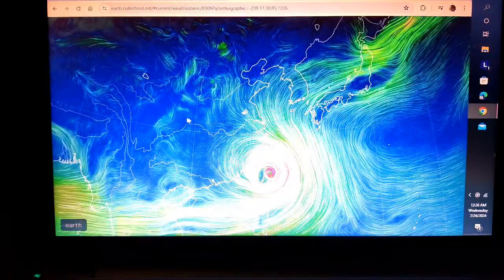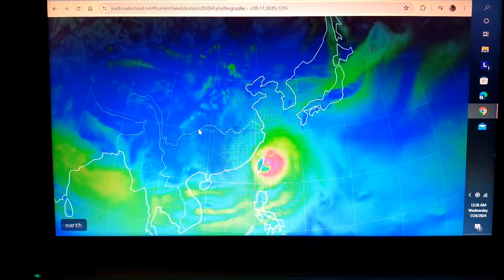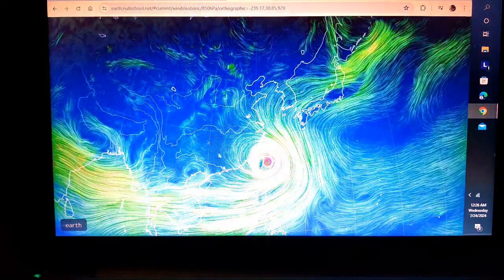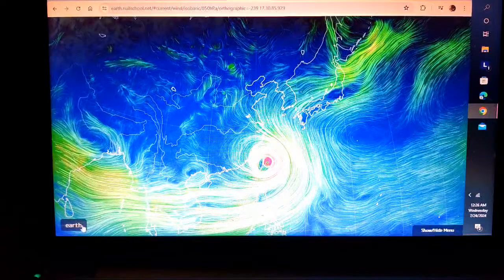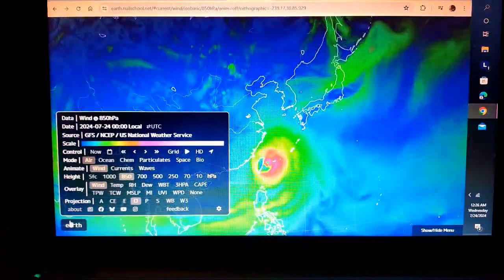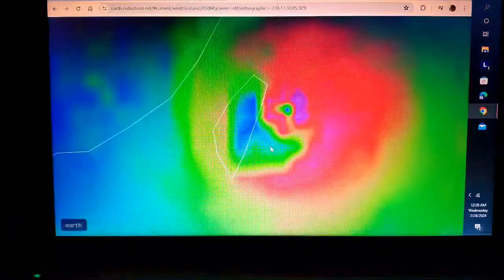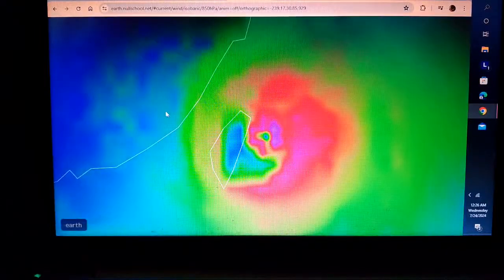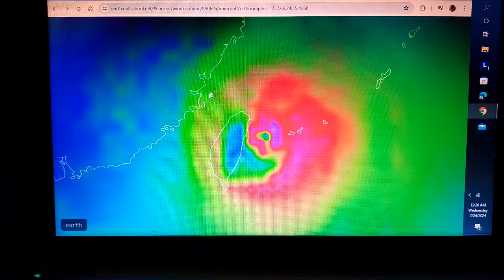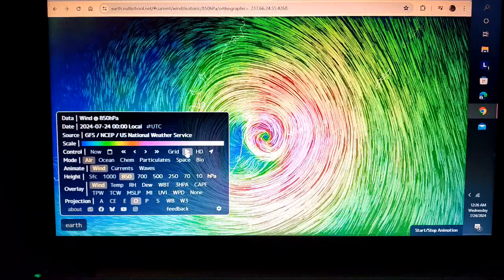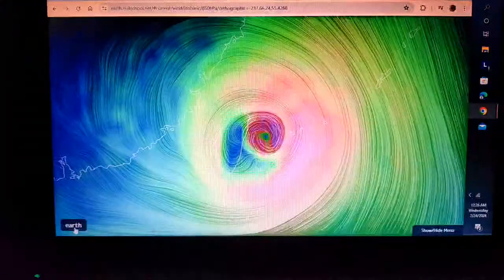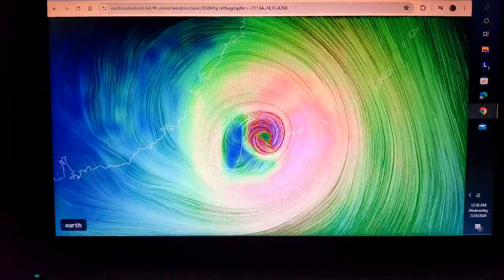We discussed this last night, and now other people are picking up on it too, because you can see the scenario setting up right here. Okay, that is no joke. We'll take the wind off. It has an eye. It's a very intense, well-organized storm. It has the island in its grip. The circular motion of the storm includes the island. Put the wind back on. See how it's whipping around the shape of the island?